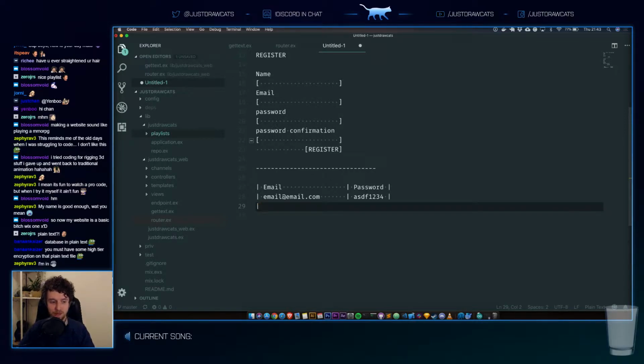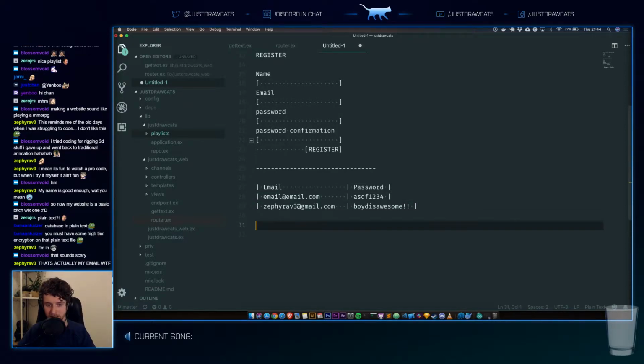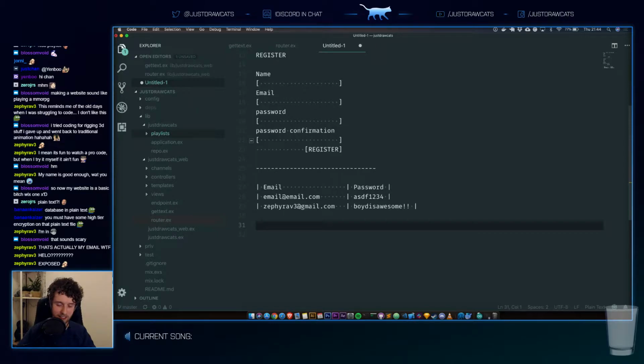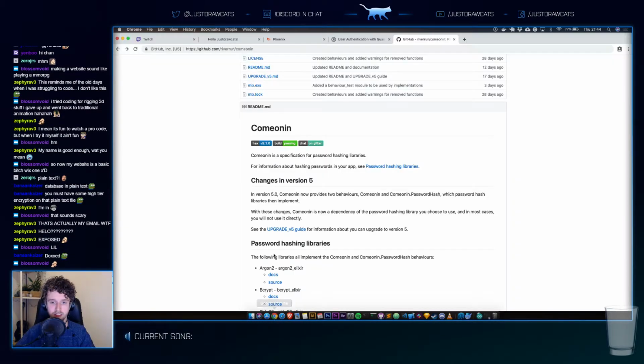So that's messed up. Everybody's records are in here, like zephyraf3@gmail.com, and his password is obviously "Boyd is awesome" with two exclamation marks. You don't want anybody to know your credentials, right? That's a little spooky. So what people do instead, that's actually my email. What we want people to do instead is take this and save this